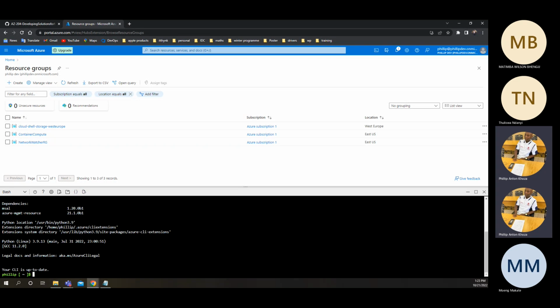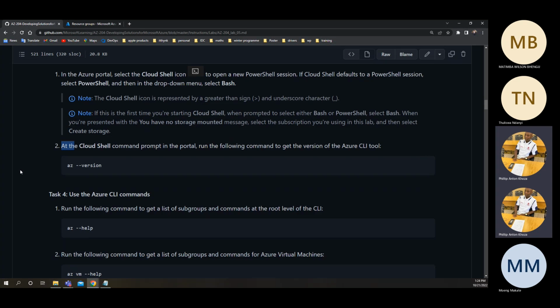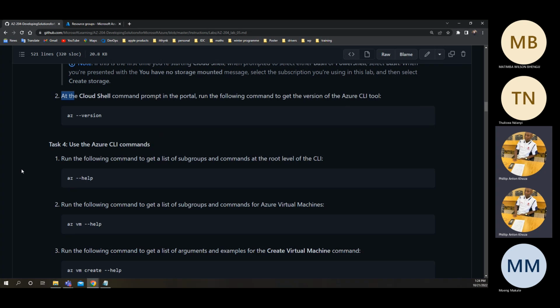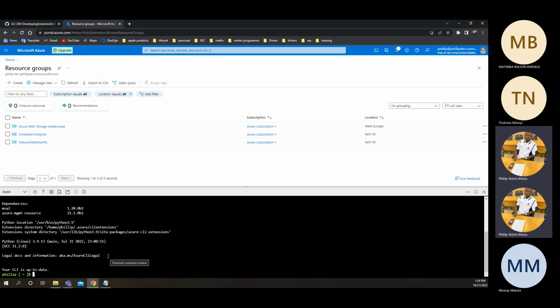And yeah, this is how you get the version of the CLI tool that we are using. Okay, and now we move to task 4, where we will use the Azure CLI commands. If you don't know what to do once you have opened that, you can simply come here and say,